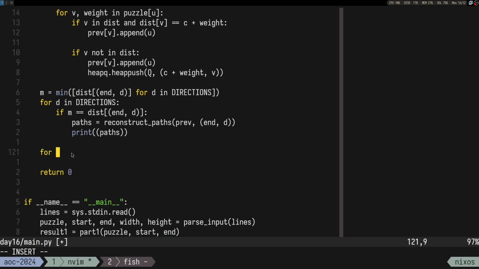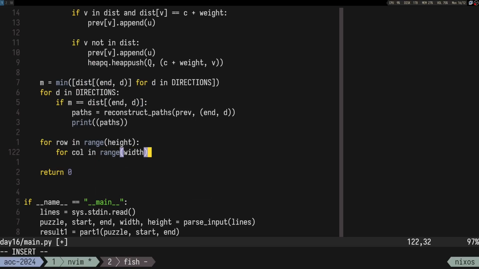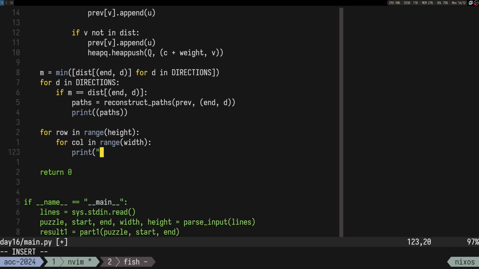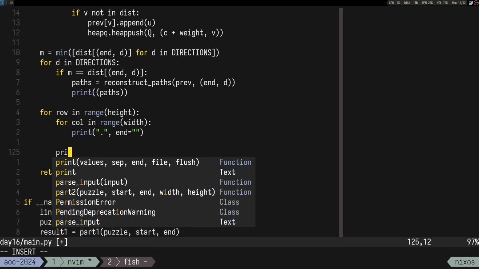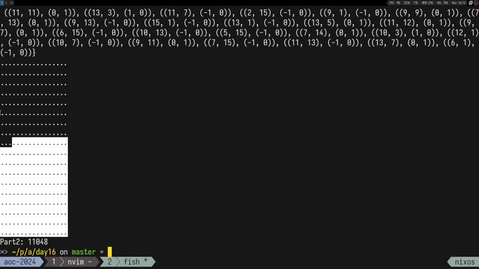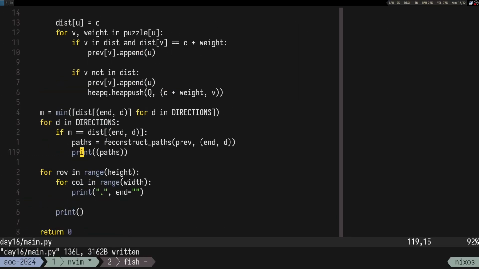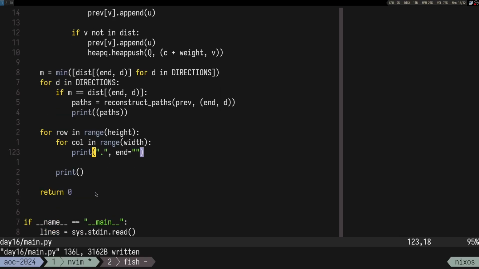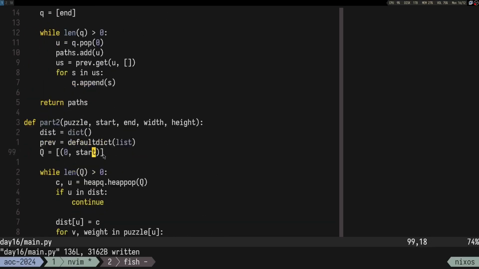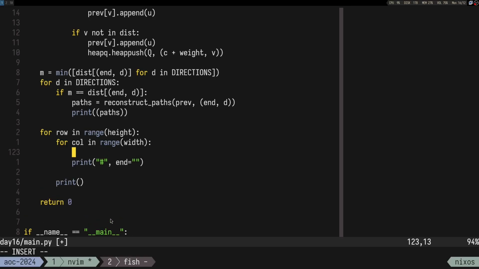So I'm gonna say for row in range height, for column in range width, and we can just print something like a dot, and we can even say that the ending is nothing, and then print the new line. Right, so if I do this one, you can see it prints the map. Right, so now the idea is to print something different. By default it's going to be a hash symbol, and if